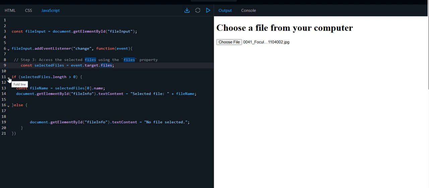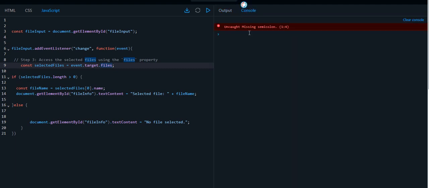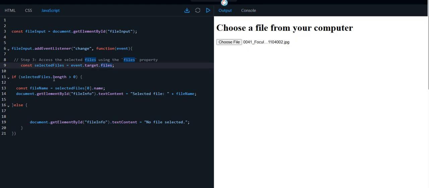Here is a problem. Let me see, I didn't have a missing semicolon. If selectedFiles.length is greater than 0,